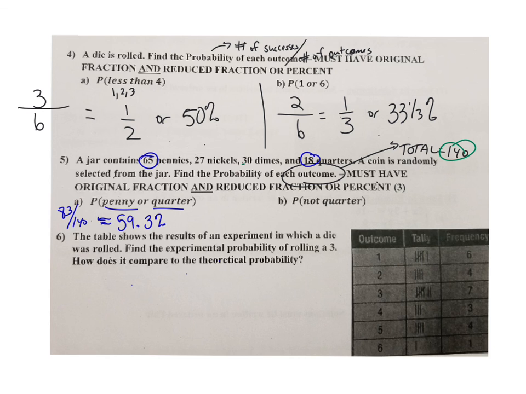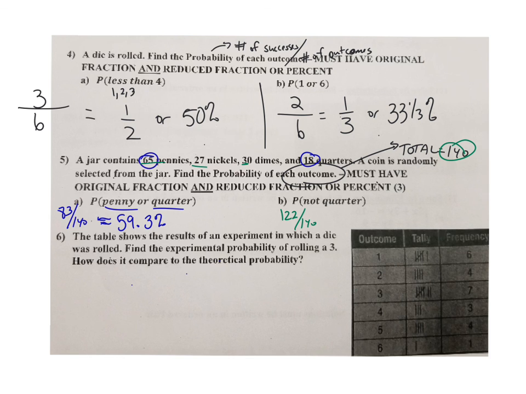So for not a quarter, all right, I have 140 total outcomes. I'm going to take away 30, 27, and 65 because those are all not a quarter. Or I'm going to add those 3 together, I'm sorry. So 65 plus 27 plus 30. So those are all my not quarters. There's 122 not quarters. So I have 122